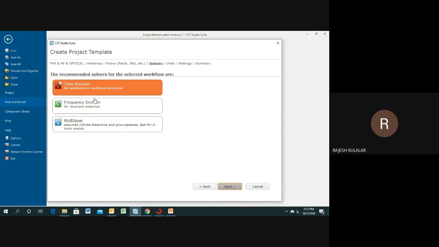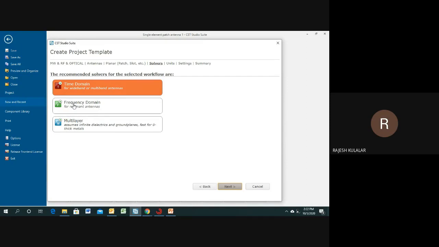In the time domain, the mode calculation frequency will be 2.5 gigahertz, and according to that 2.5 gigahertz, the result will come out. But in the frequency domain, it will calculate from 1 to 5 gigahertz, like 1 gigahertz, 2 gigahertz, 3 gigahertz. So all of those frequencies will have the mode calculated.